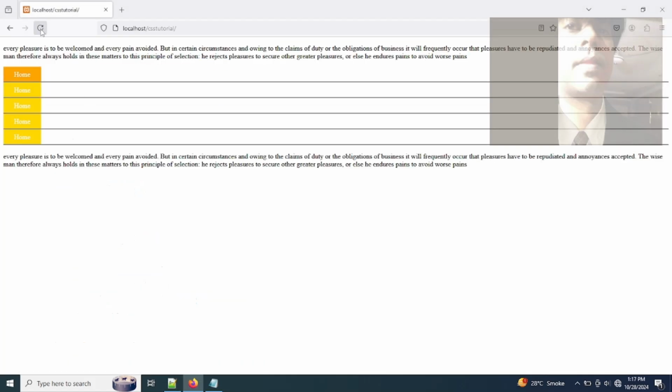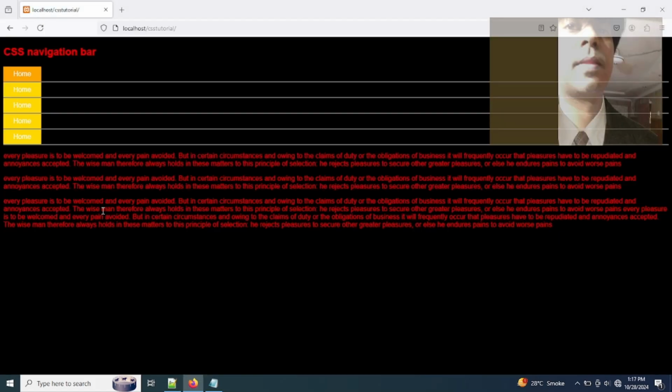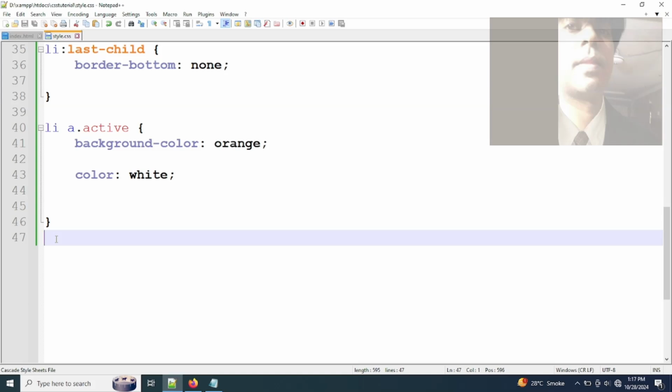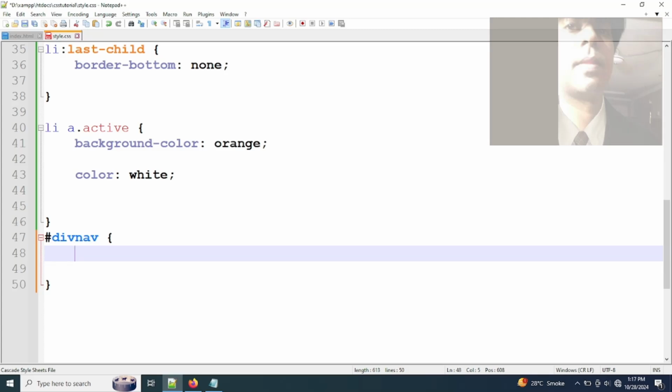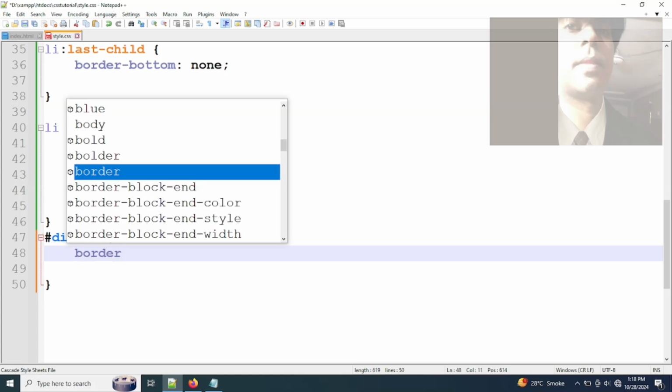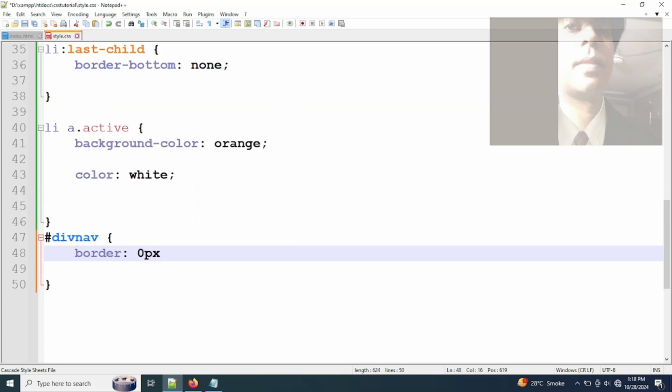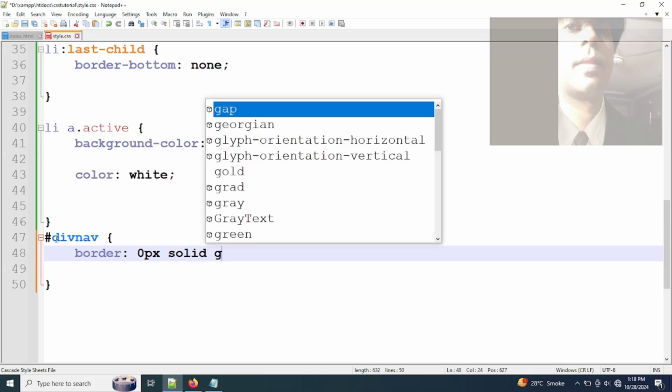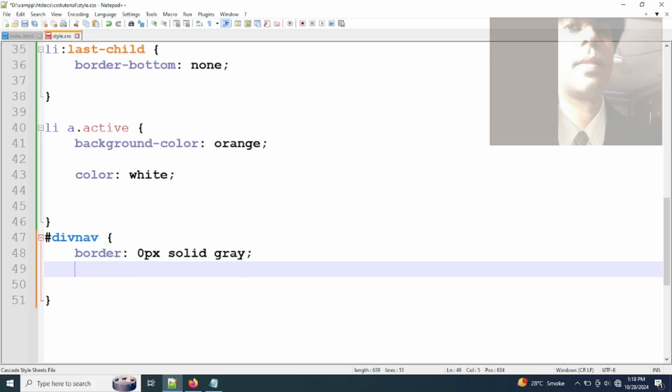Go back to the browser and reload the page. Now we will use margin, ID selector, and use div nav, open curly braces and close curly braces. In between curly braces we will use border colon 0px solid gray semicolon. After that,